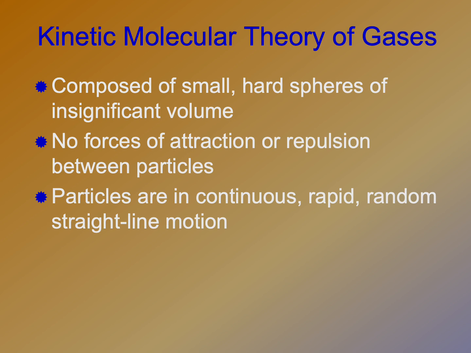So the particles in a gas are in continuous, rapid, random, straight line motion. This has a little bit of physics worked in, where particles will move in a straight line unless acted on by another force. So the particles will move until they hit something and bounce off in another direction. But each particle is moving independently. They are not all moving the same direction. They're not all moving towards the right or up. Every particle is going in a different direction until it hits something and goes a different direction.